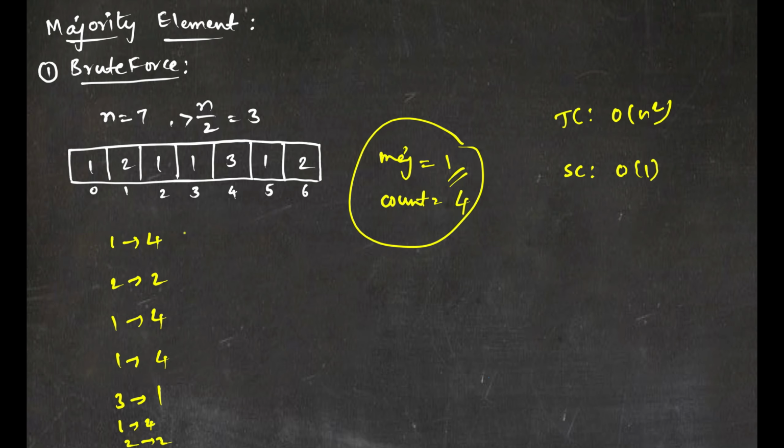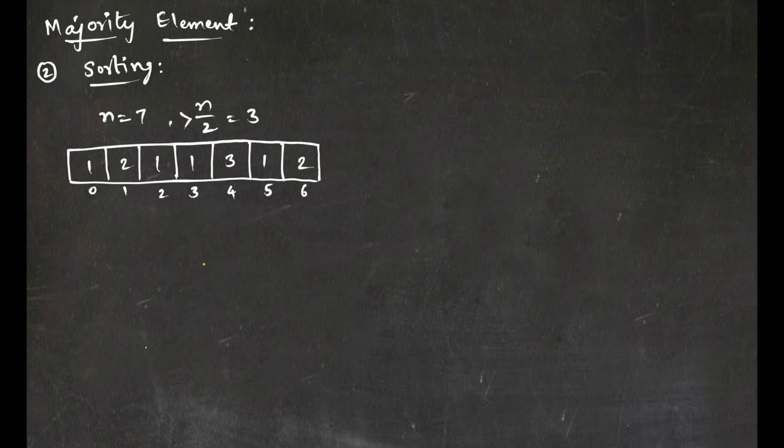Of course, instead of looking at each and every element, whenever we find an element which is occurring for more than n by 2 times, I can just return the answer there itself. Here my first element itself repeated for 4 times, which is greater than 3 occurrences, so I can just return the answer here itself. Of course this is the best case, but in worst case it can go up to O of n square time.